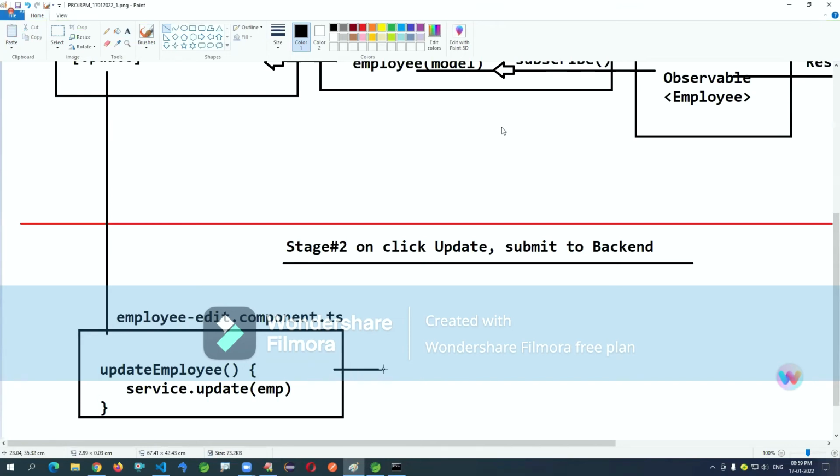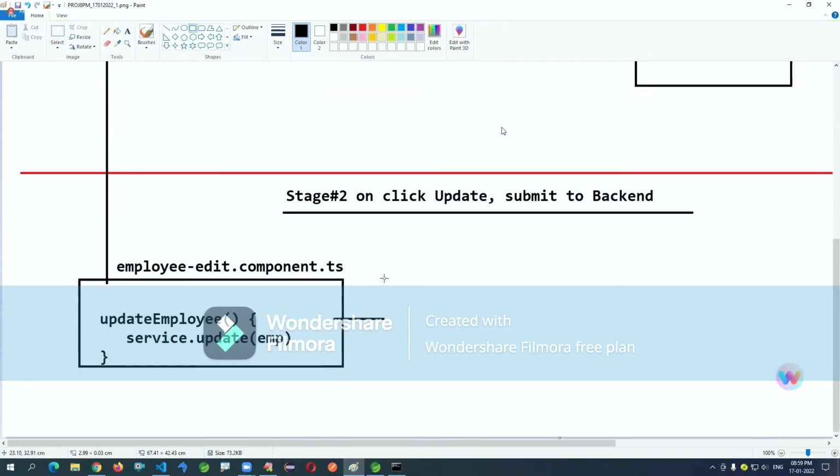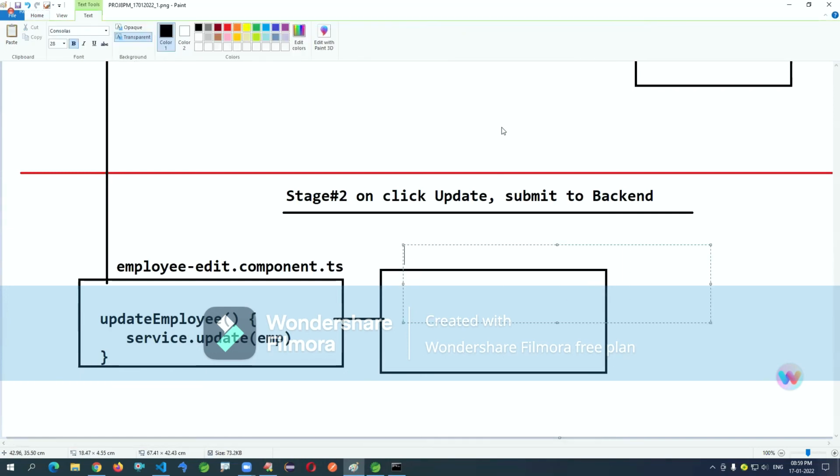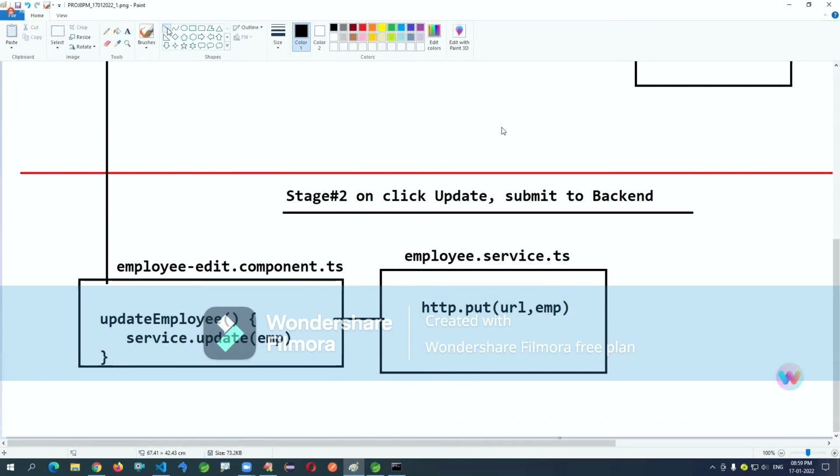Now service is actually called. Employee.service.ts. There we are calling http.put function with some URL modify and employee object. Okay, that is making the backend call.